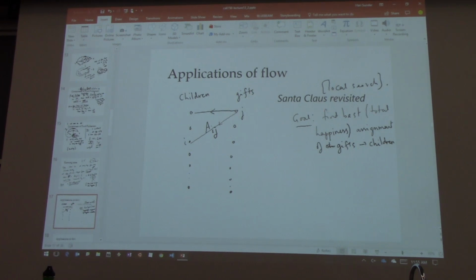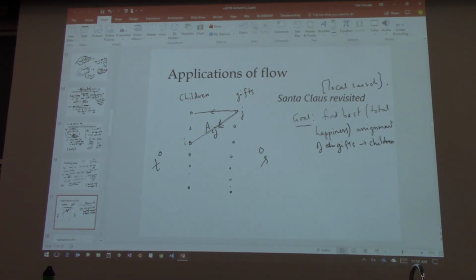For a flow, you need a source and a sink, right? This problem as such has no obvious source or sink. So let's add a source and a sink. What is source, what is sink? I mean, gifts can be source, right? So let's have a source S and a sink T. We are thinking of giving gifts, so let's assume that you have edges that go like this. Giving gift j to child i gives value of a_ij. And I want to add a source and a sink.